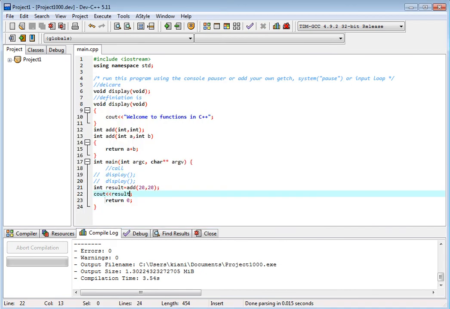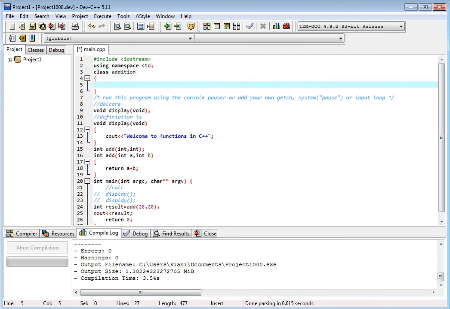Now functions, we know how data are declared, how functions we can declare, and now it's time to look at classes. What is a class? Class is just right here, class, and the name is addition.